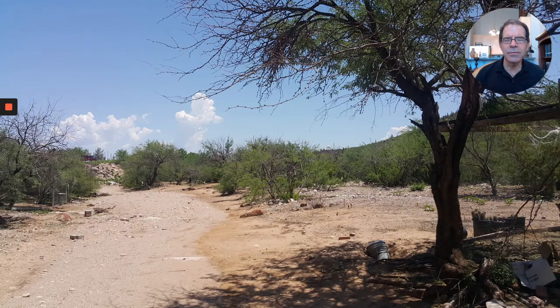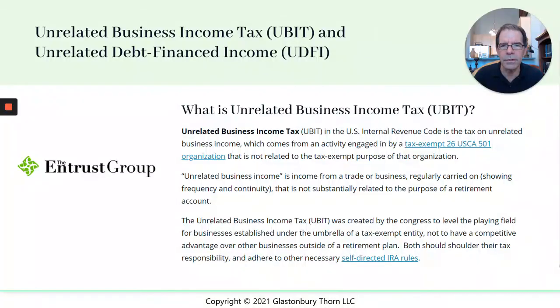So this is what got me thinking about, of course, I may have mentioned that I bought this cash and I'm going to be doing all of the improvements cash. But what if I had wanted to finance all or a portion of that? So, here we can see another result on the internet talking again about UBIT and stating again unrelated business income is income from a trade or business regularly carried on.